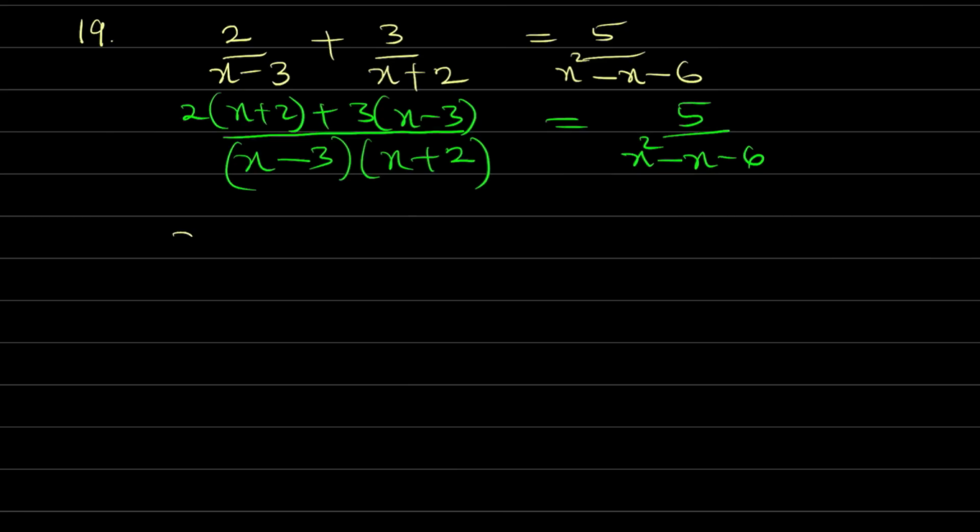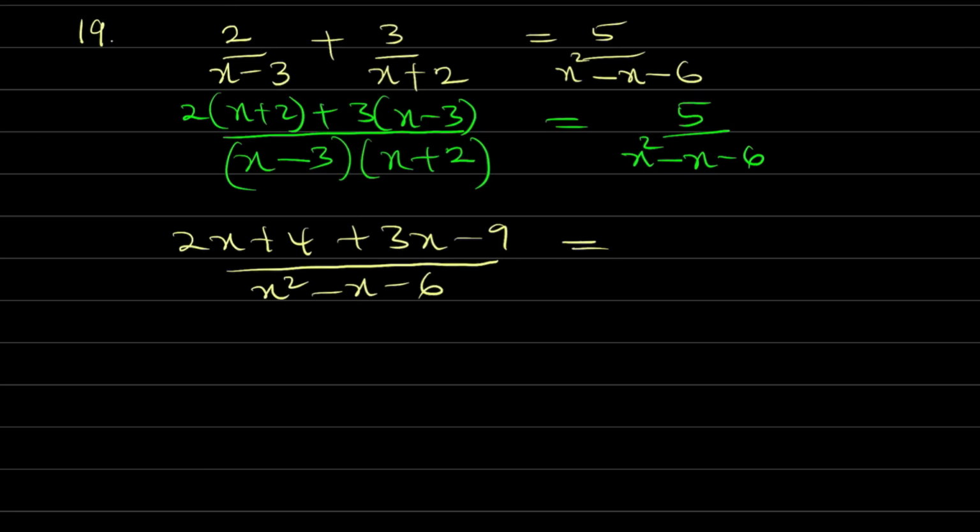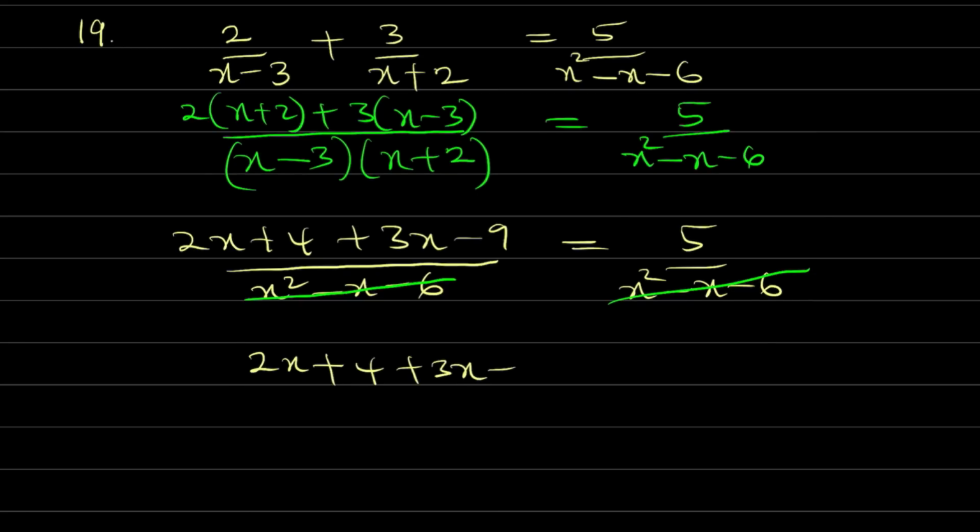So we have 2x plus 4 plus 3x minus 9 divided by, opening the bracket at the denominator will give us x squared minus x minus 6 equal to 5 over x squared minus x minus 6. Because we have the same denominator on both sides of the equation, we can strike out or multiply through by that denominator to get rid of it, so that we now have 2x plus 4 plus 3x minus 9